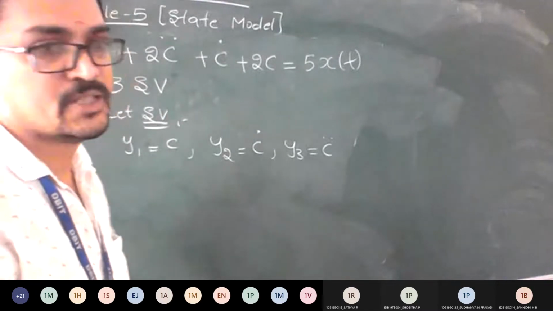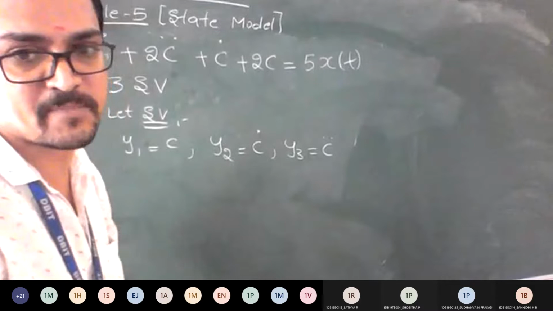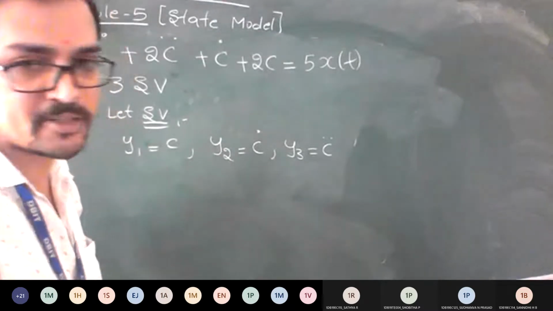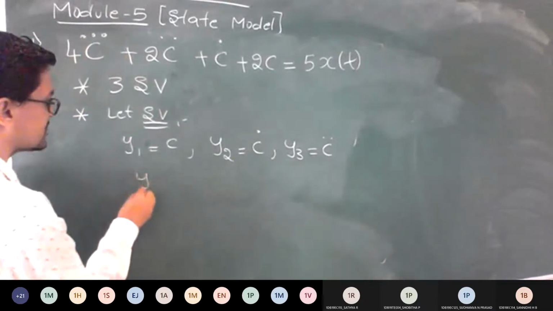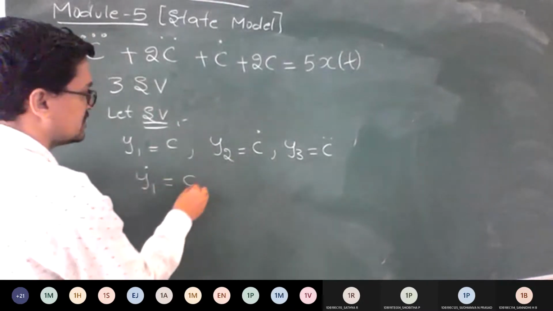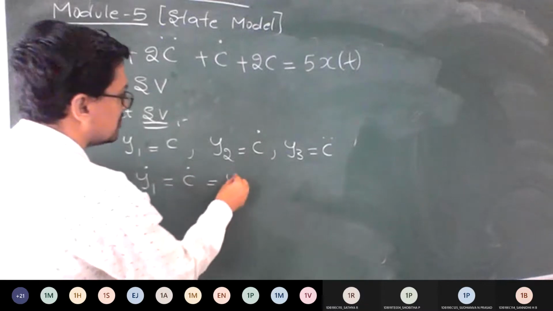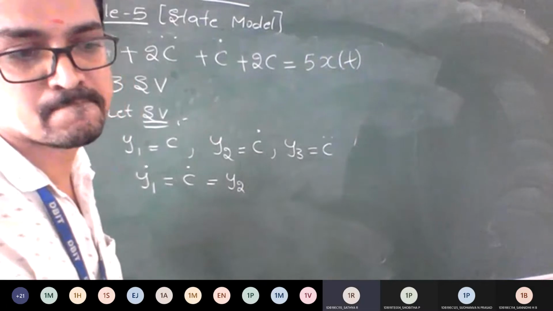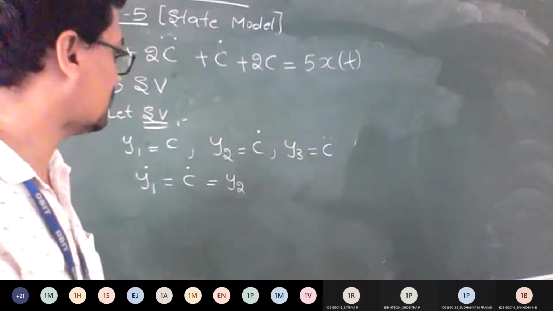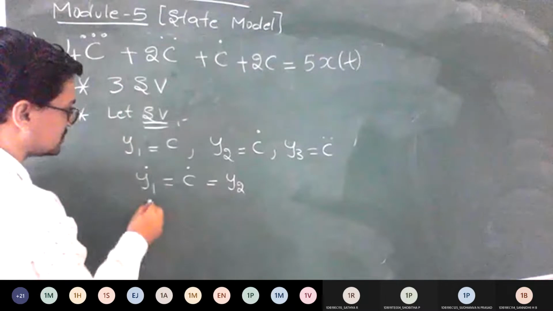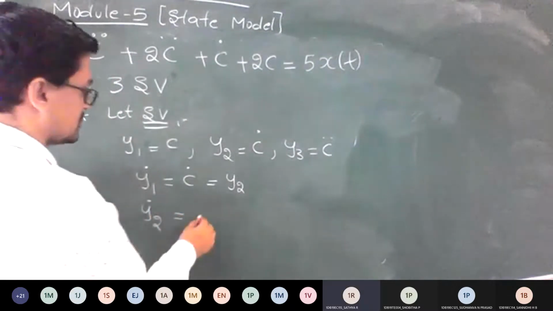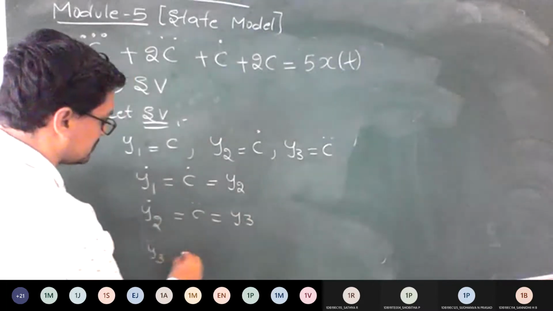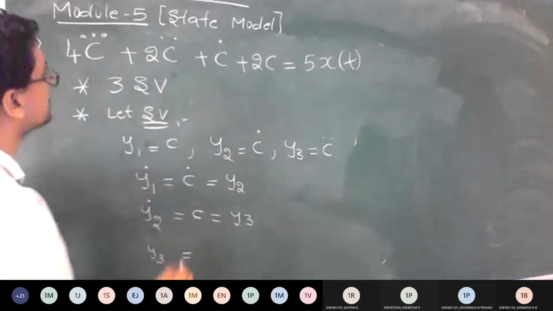Proceed the same way as we saw in the previous problem; only this changes. You want y1 dot. So how to get y1 dot, guys? It is nothing but c dot. So what is c dot equal to? y2. Understanding? Yes. Proceed and tell me what the answers are now. So what is y2 dot? y3. C double dot is nothing but y3. And last, y3 dot, which is c triple dot. How will you get it? So what is the logic I told you?